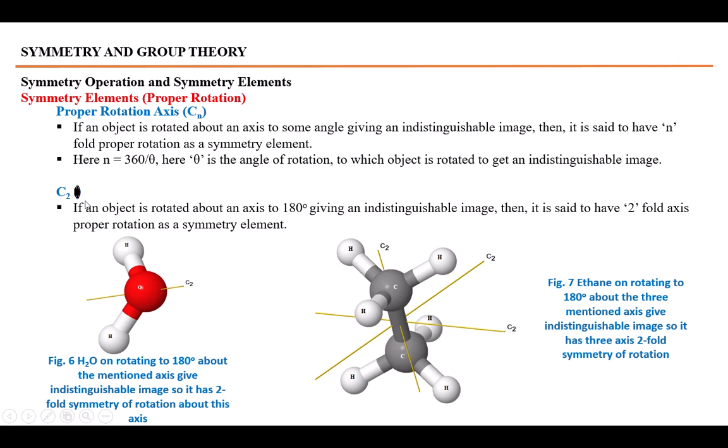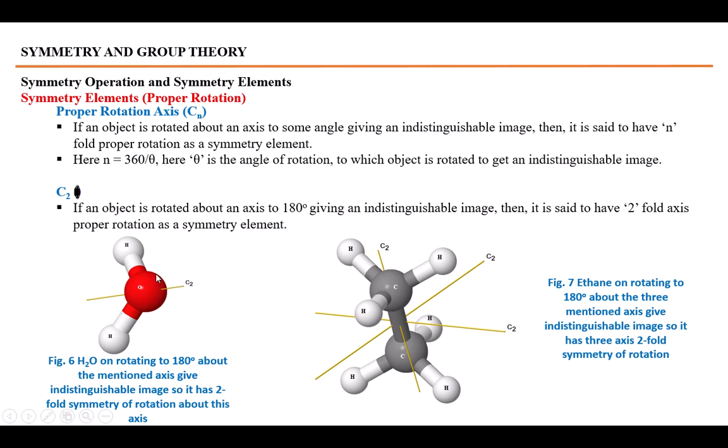So what do you mean by C2? If you rotate the object about some axis up to 180 degrees and it gives you an indistinguishable image. For example, in the water molecule, there is a C2 axis of rotation. What do you mean by C2 axis of rotation? It means that whenever you rotate the H2O molecule about this axis by 180 degrees, it will give you the